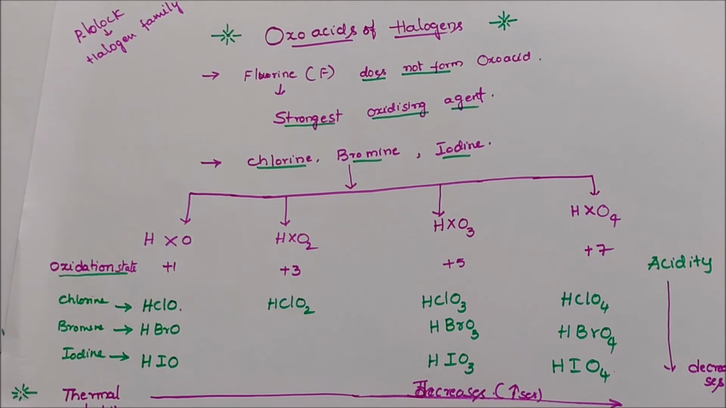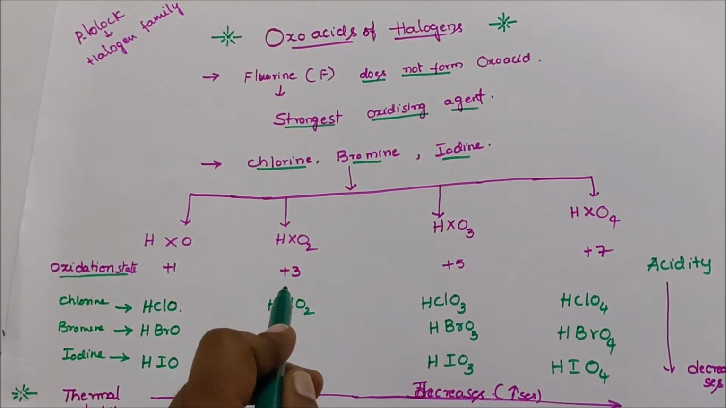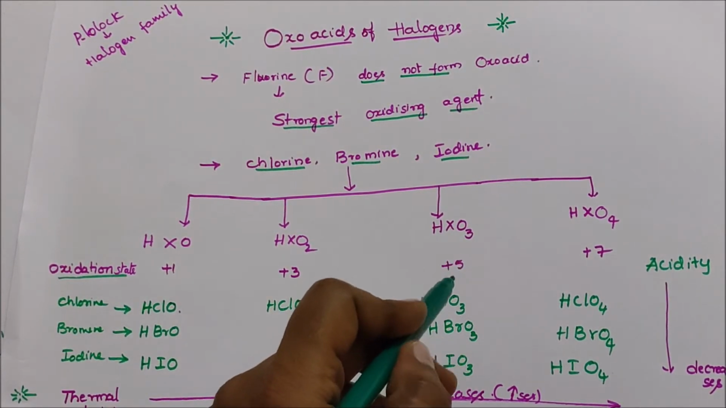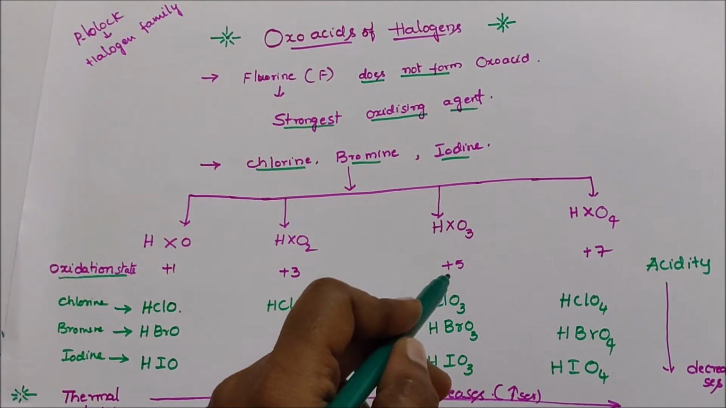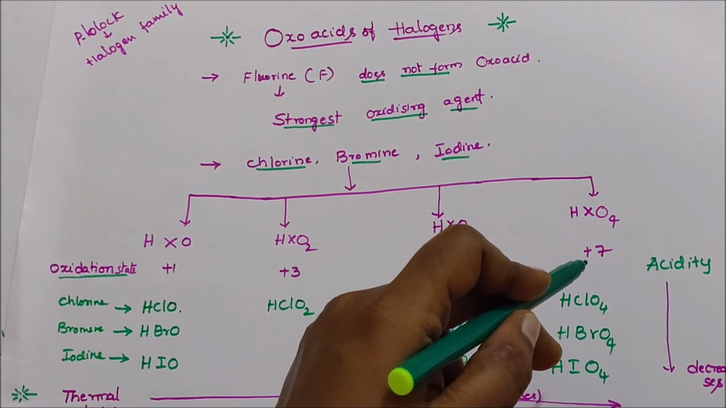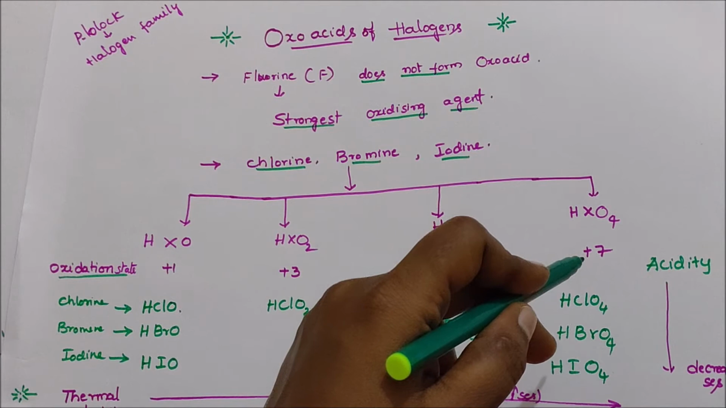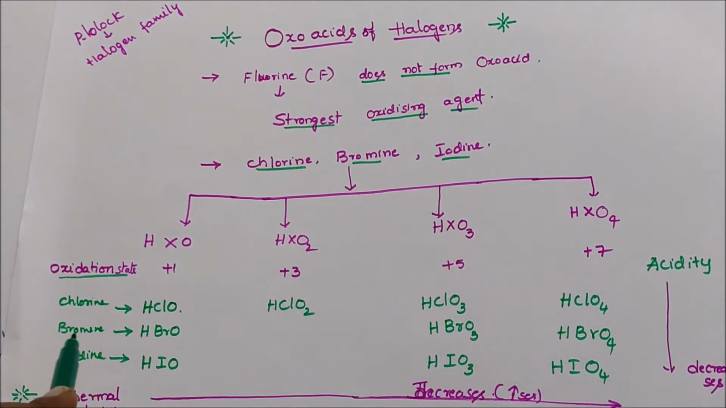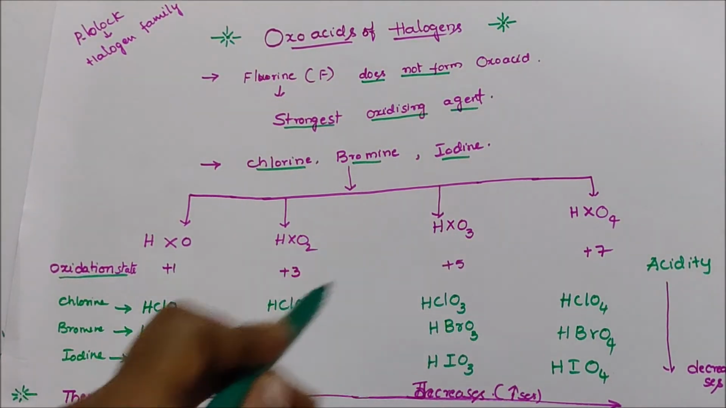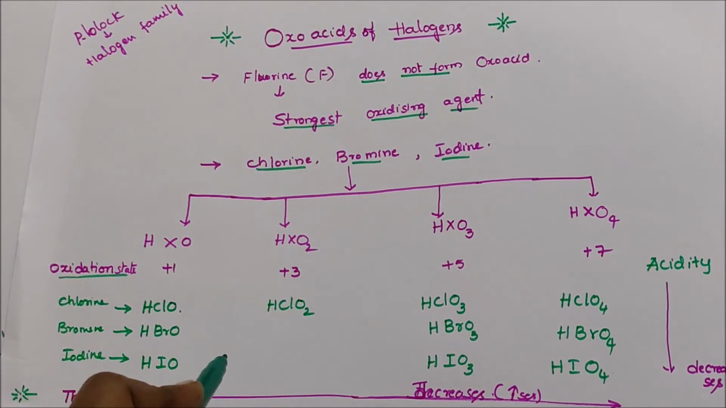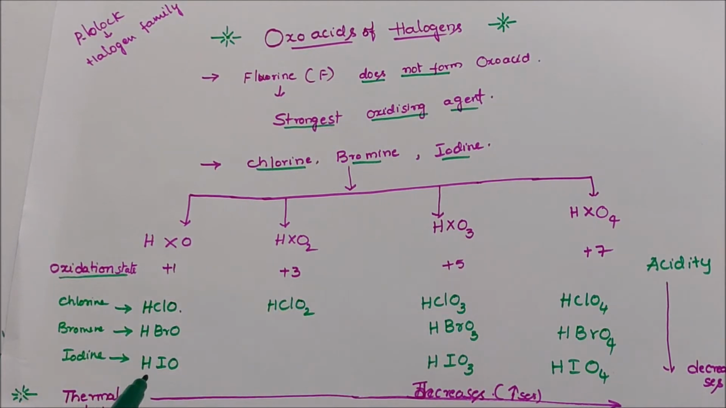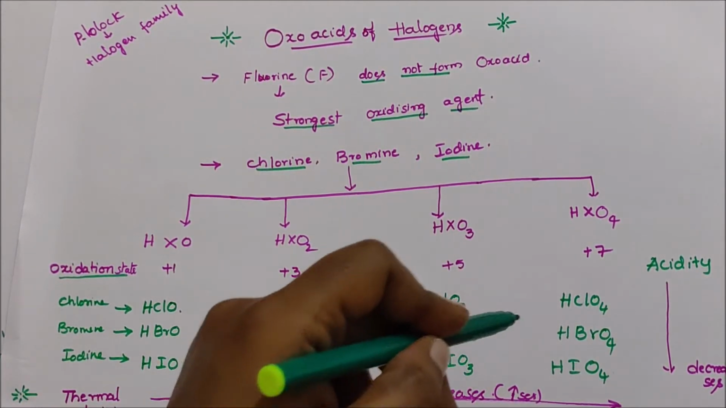In HXO2, the halogen oxidation state is +3. In HXO3, the oxidation state of X is +5, and HXO4 has a halogen oxidation state of +7. Chlorine forms HClO, HClO2, HClO3 and HClO4, bromine forms HBrO, HBrO3 and HBrO4, and iodine forms HIO, HIO3,